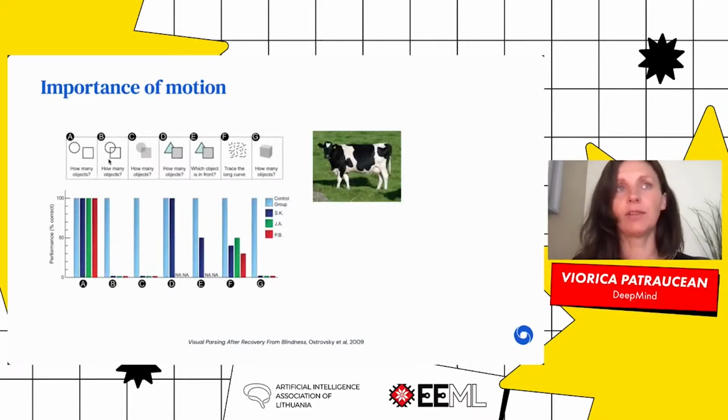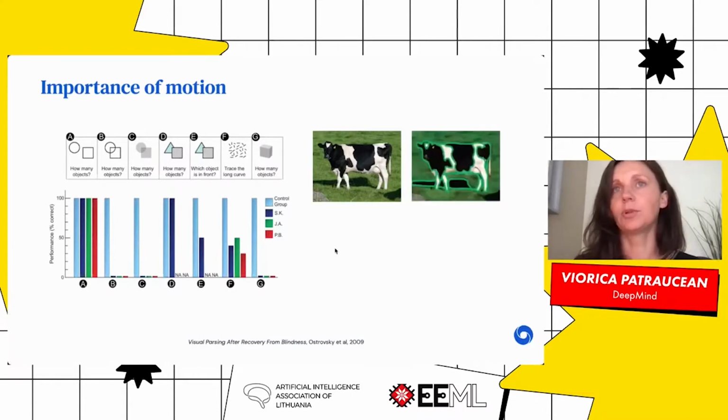But as soon as we start having overlap between the objects, or we have different colors, or they are asked to reason about depth, then they start to struggle. So they cannot give the correct answer. The same for the natural image. When they are asked, they don't recognize the object, and moreover, when they're asked to say, okay, how many objects do you think there are, they're just tracing the contours of the object and saying that, yeah, there might be, I don't know, 4 or 5 different objects there.